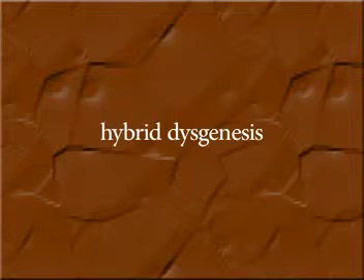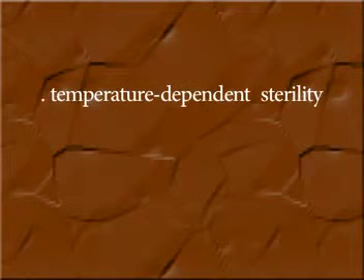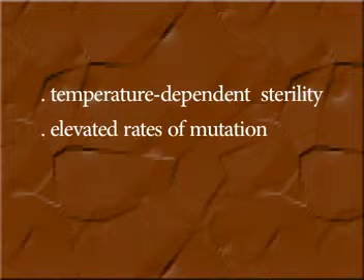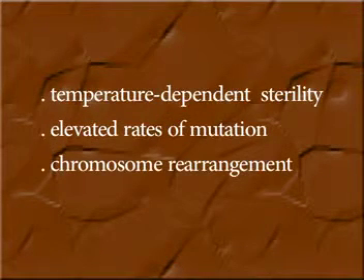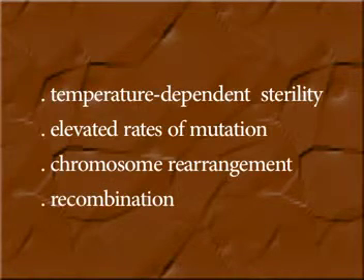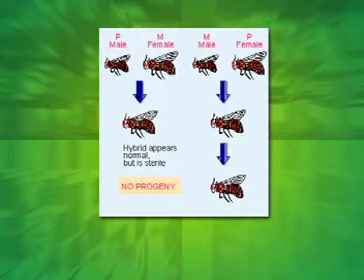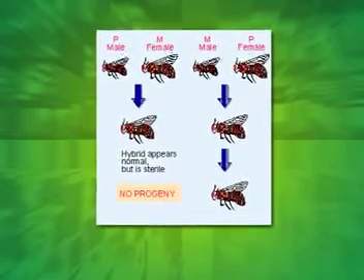When P elements are mobilized, they produce a syndrome of traits known collectively as hybrid dysgenesis. These traits include temperature-dependent sterility, elevated rates of mutation, chromosome rearrangement, and recombination. The syndrome is usually seen only in the progeny of males with autonomous P elements and females that lack P elements. These two kinds of strains are called P and M because they contribute paternally and maternally respectively to hybrid